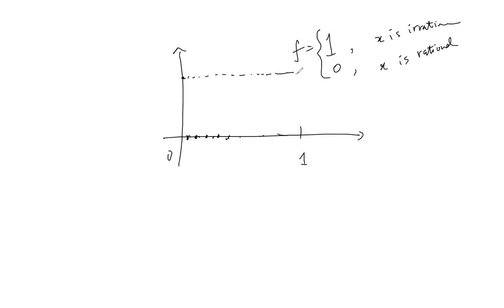But then this line here is full of holes, right? So actually you can't draw this line because you dig out so many holes, because there are infinitely many rational numbers between 0 and 1. Strictly speaking, it's impossible to draw it, but this one is just conceptual, you know it.